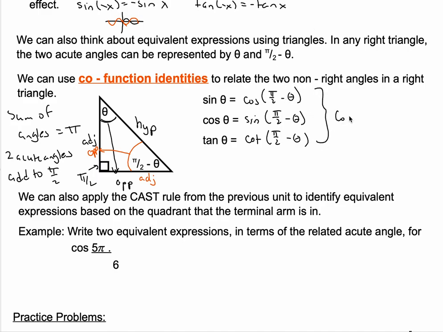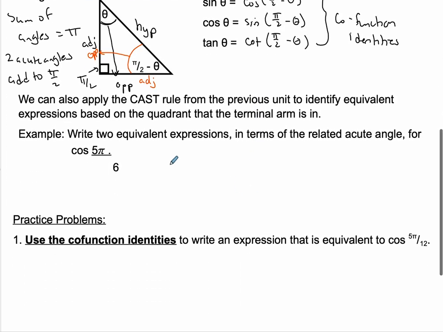Okay, so those together are your cofunction identities. And that would just be if you're working in a right triangle. And then the other thing that we can do is apply the cast rule and the things that we've done